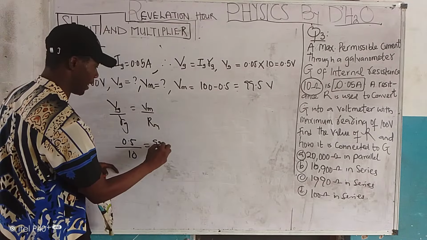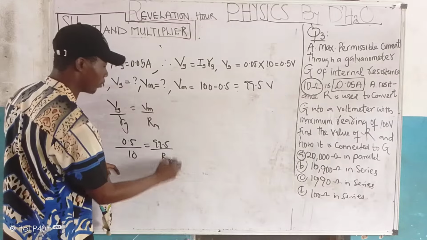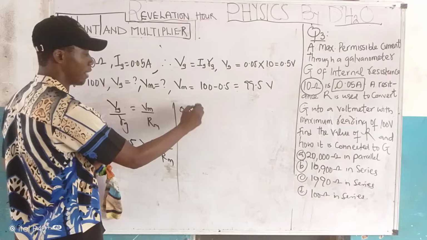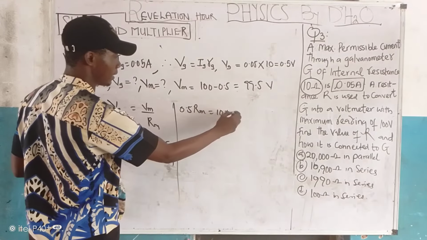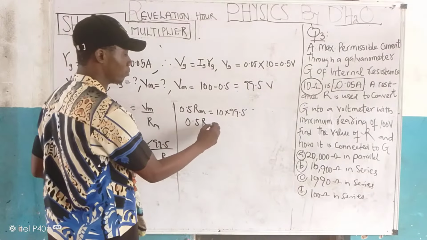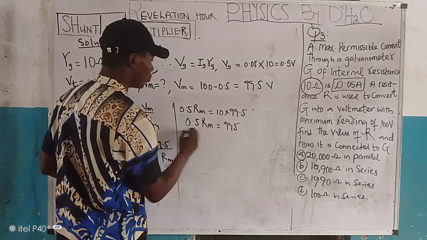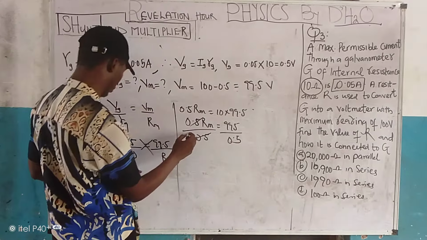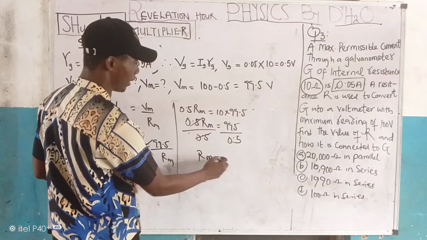We have gotten 99.5, all over Rm. So let's cross multiply. When you cross multiply, you have 0.5 Rm equals 10 times 99.5. So 0.5 Rm is 995. We divide both sides by 0.5. This cancels this. The resistance of the multiplier will give us